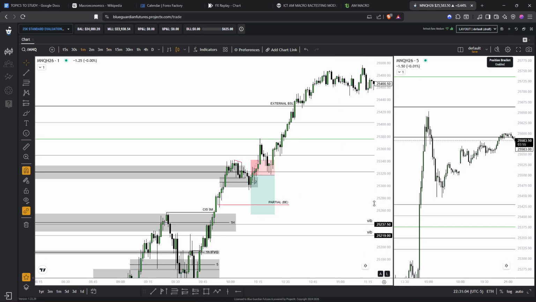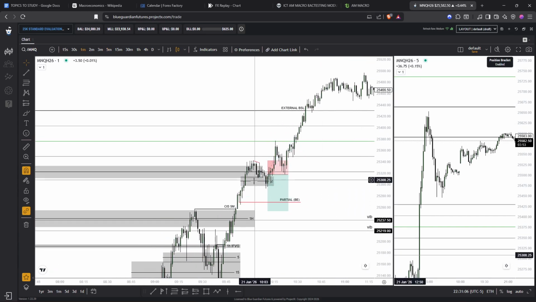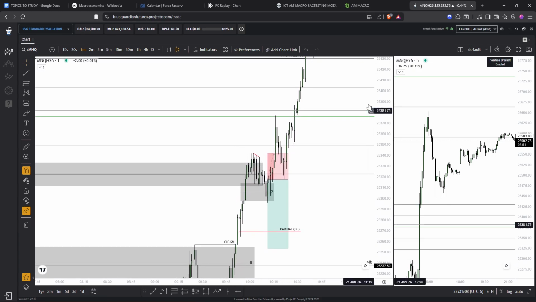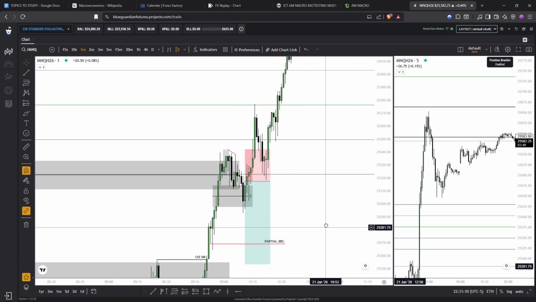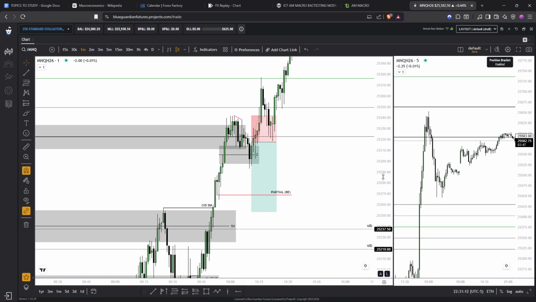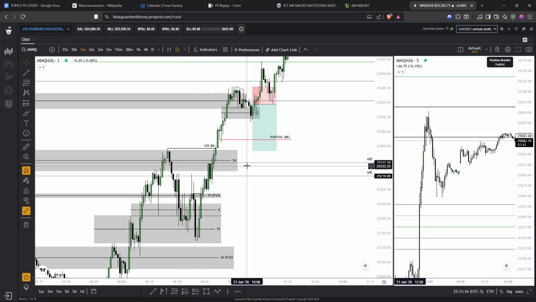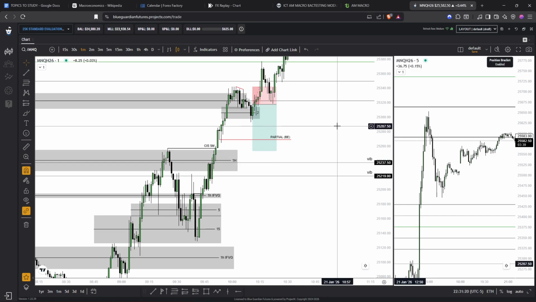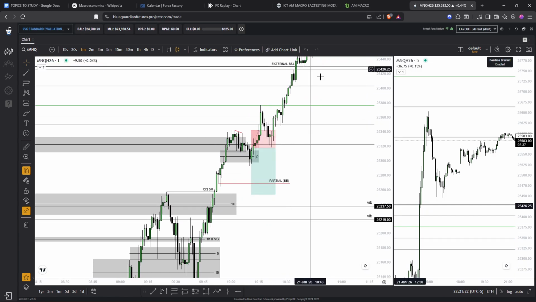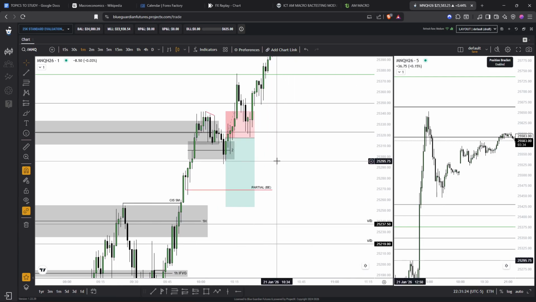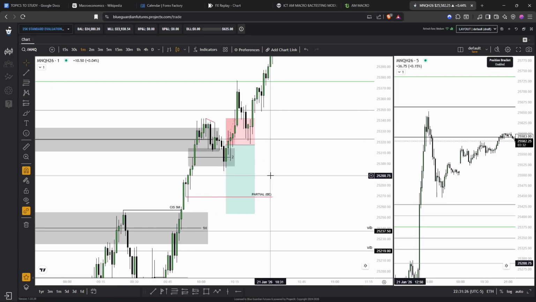Overall, I was pretty bullish, but once the market started rejecting this 1 hour fair value gap, I thought we could get some sort of a retracement to the 50% of this overall range. This 50% level is around the 1 hour fair value gap. So I was expecting the market could give a slight retracement even if it wants to go higher. That was the overall trade recap for this trade.